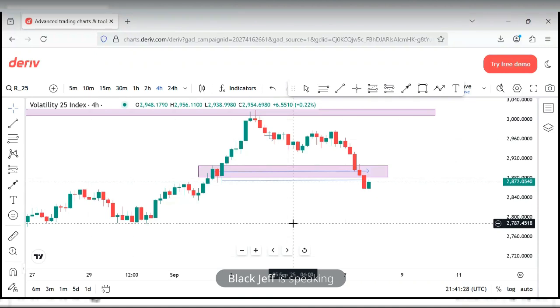2 time frames must align. If you are on H1, see, if you do this, you will not make 3 losses in a row. If your 2 time frames are giving you the same point as a key level,